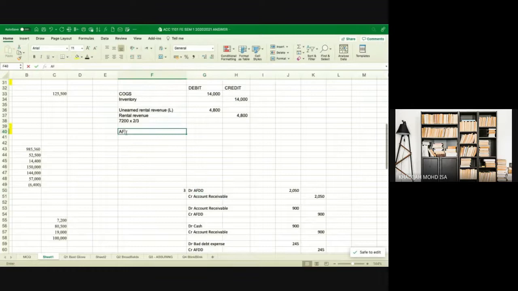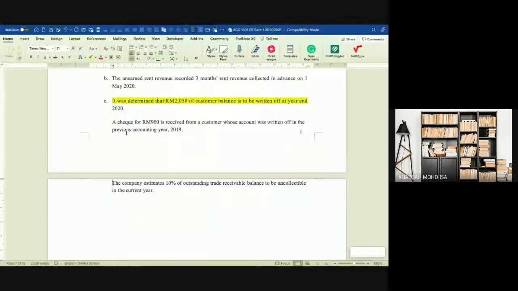You have AFDD, or sometimes you call it ADA, either way. And then you credit your accounts receivable the amount that you write off. So when you write off, you credit directly to the accounts receivable because it's confirmed that you are writing it off. But for the second one, when you have a recovery of your bad debts,